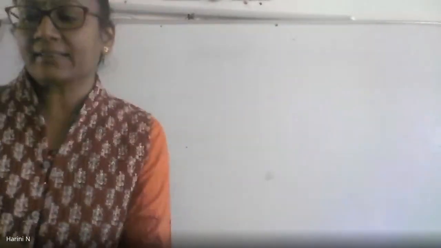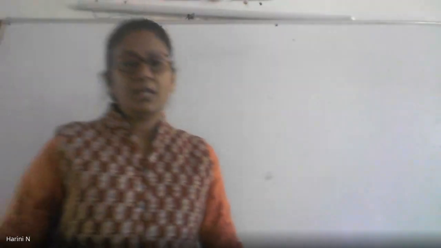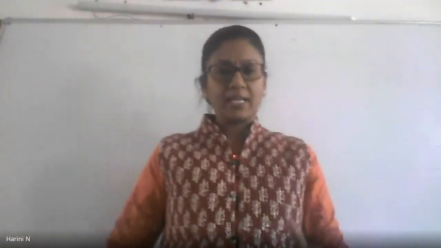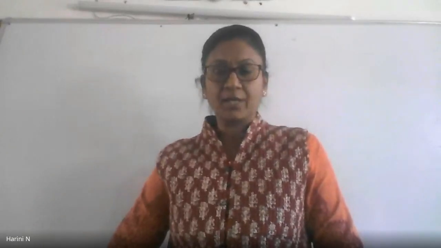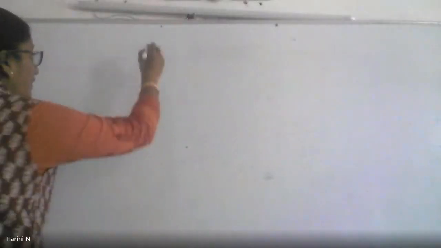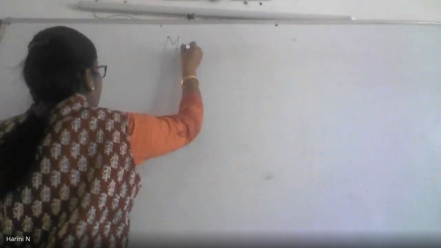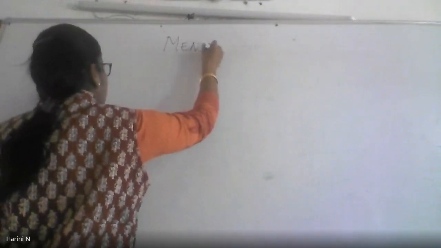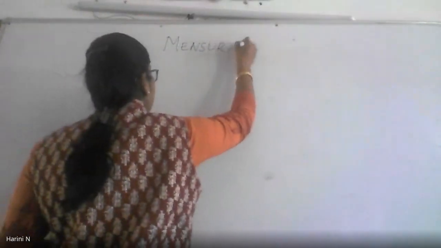Okay, then I think you can take your classwork and start preparing this tabular column where you will recall the perimeter as well as the area of these 5 basic shapes we have just seen. Okay, and those who have joined late, please do not forget to put your names in the chat box. The chapter is mensuration.